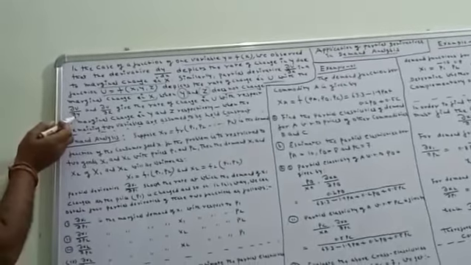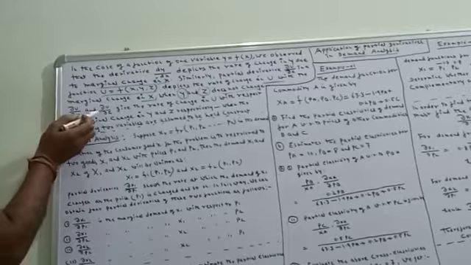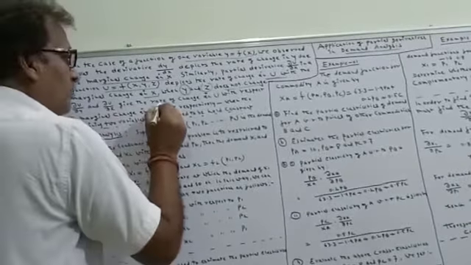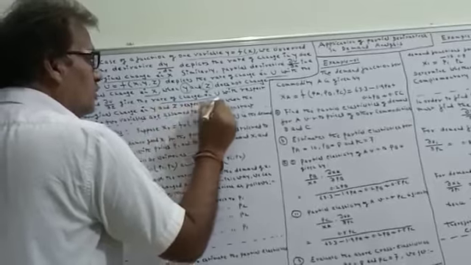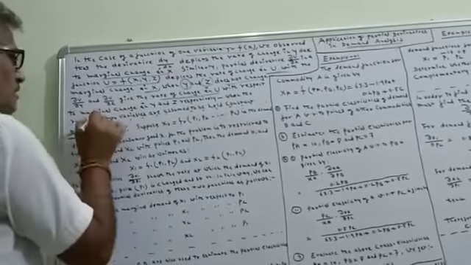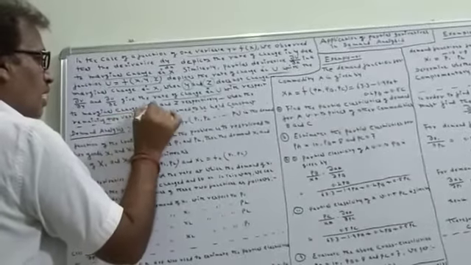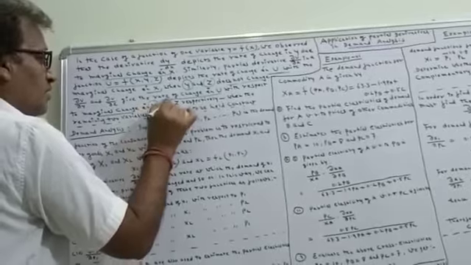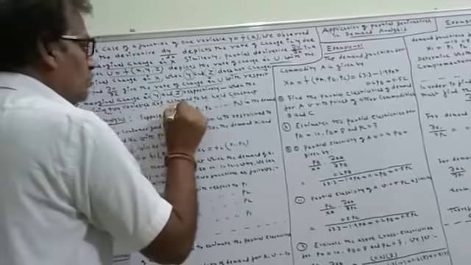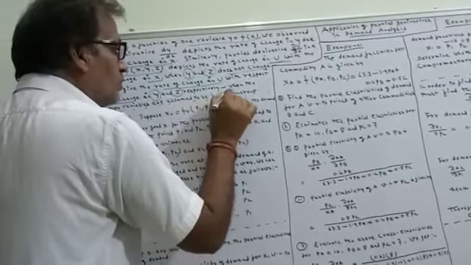Del u by del y and del u by del z give the rate of change in u with respect to marginal change in y and z respectively when the remaining two variables are assumed to be held constant। जब मान लेते हैं